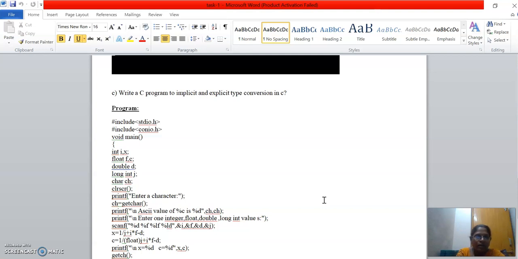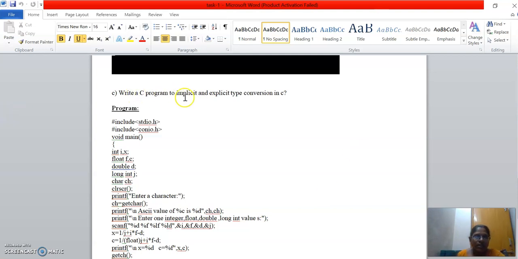Whenever there are situations where you need to perform some operations on mixed data types, and in the mixed data types we want the result in only one data type, that may be your lower data type or higher data type. If you are not specifying anything, by default it will be the higher data type only. But if you are forcefully converting from one data type to another data type, we need a type conversion. That means we need to explicitly specify the target.